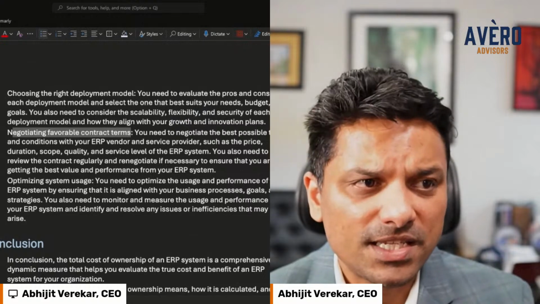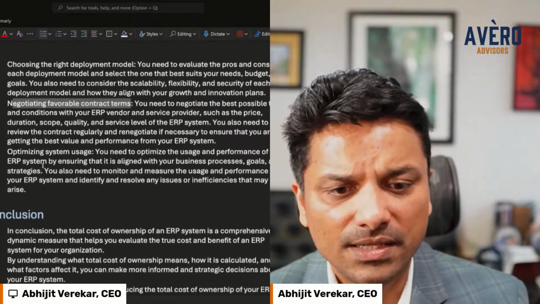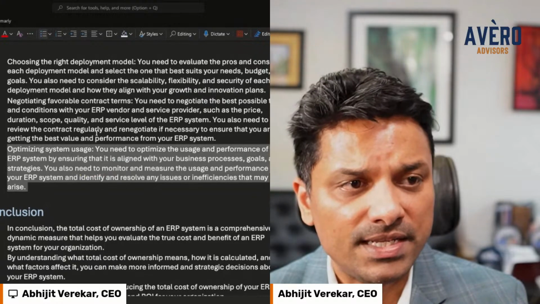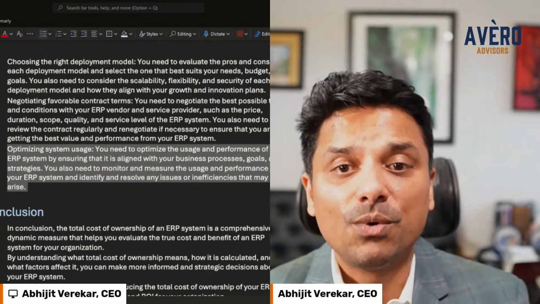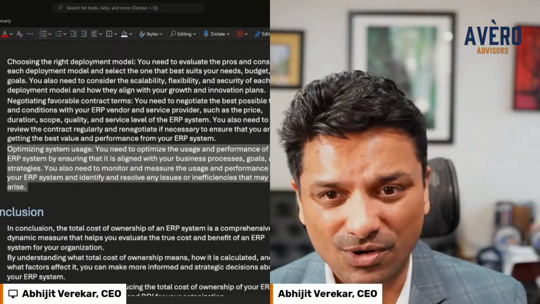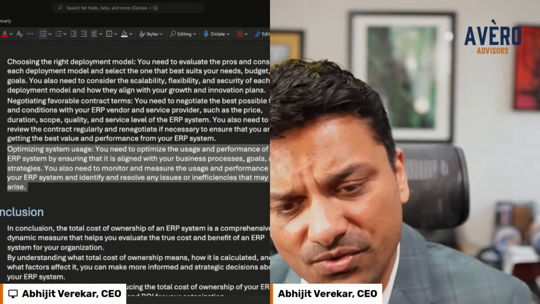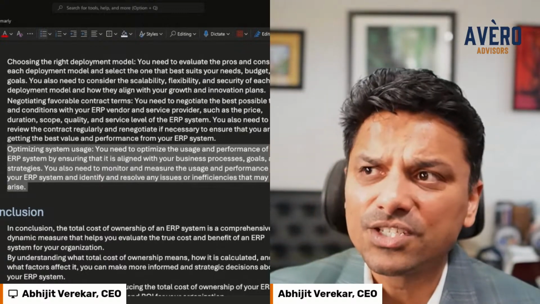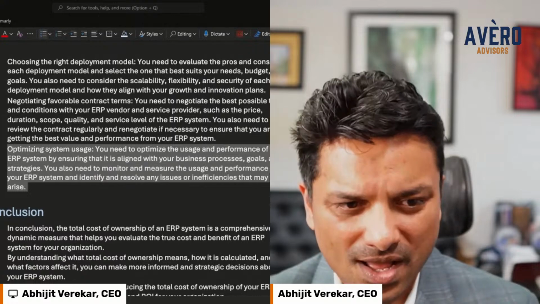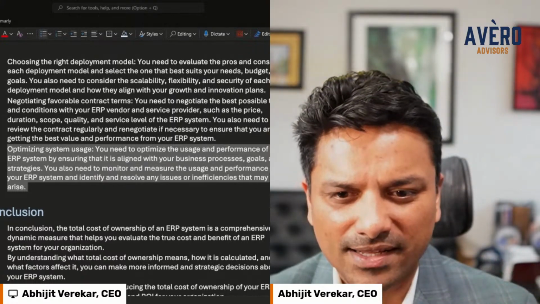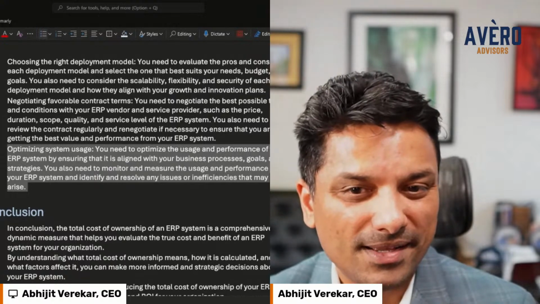And then optimizing system performance and usage. Again, defining it up front is really, really critical in terms of what you want this to do, right? What is your expected outcome from this system? And making sure that you're driving towards this. And this is critical post go live because it's really easy to say we are live, pat ourselves on the back, and next thing you know, your old spreadsheets are coming back.